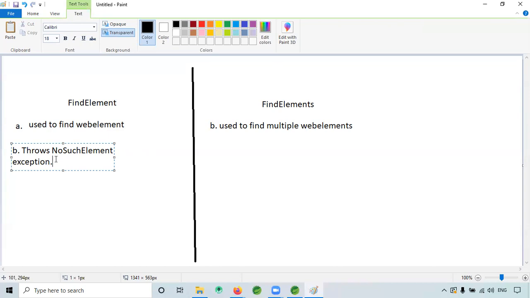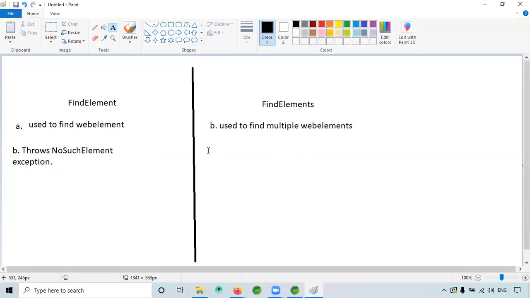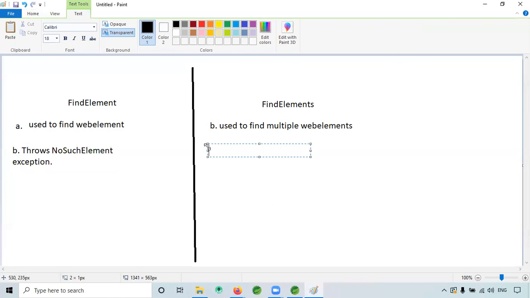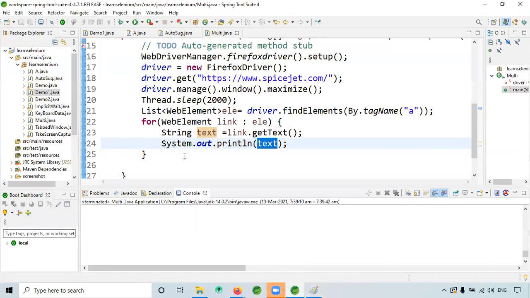So here, where are we using this? We are using List, right? Basically, in find elements we always use the list.